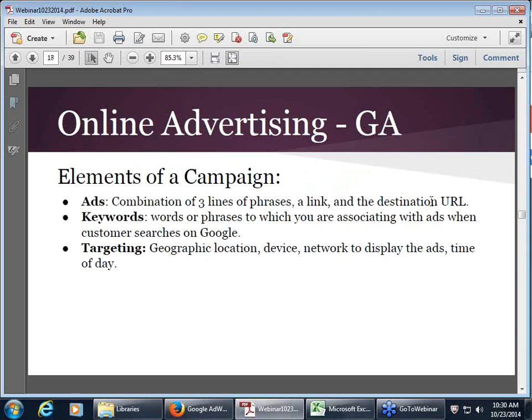So device would be which device is delivered on. You can set up within Google AdWords to say that we only want to show this ad to people who are entering Google searches on their iPhone, or people who are entering information on their tablet, for instance. Or maybe this is only for Android users, who knows. The network to display the ads. So in addition to showing up on your website, they also display your ads on other websites out there that carry Google AdWords on their page.